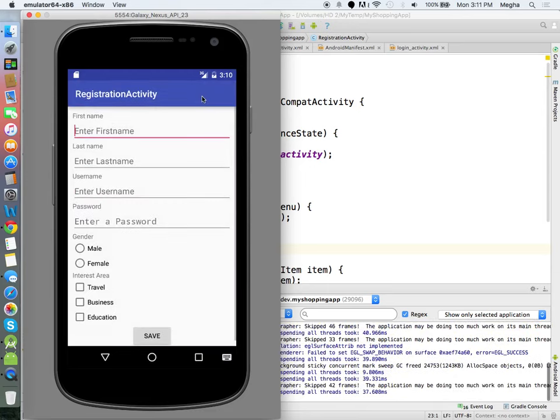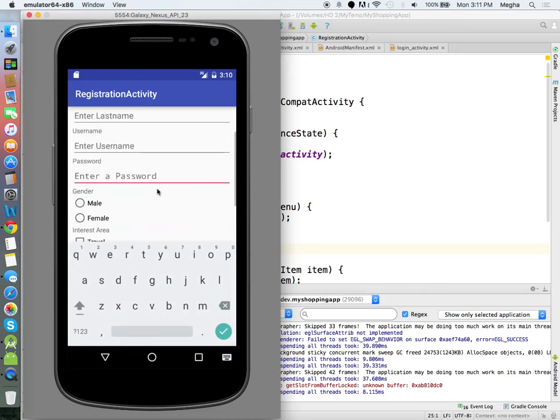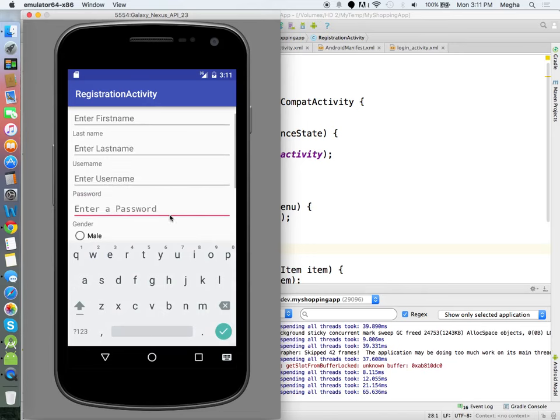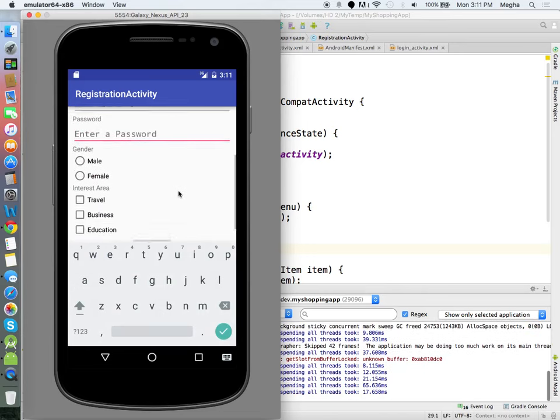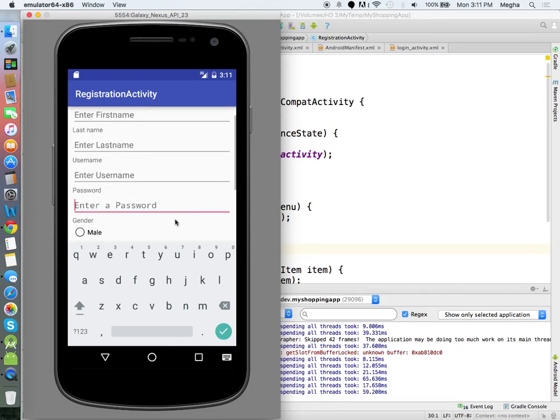Clicking register, I have an action bar along with that. So the form is ready. Okay, see, if you see now, I can slightly scroll. So whenever the software keyboard is available, I can scroll it quite easily. Whenever the active content area shrinks, automatically the scroll view will come, let the user swipe and see the additional content.